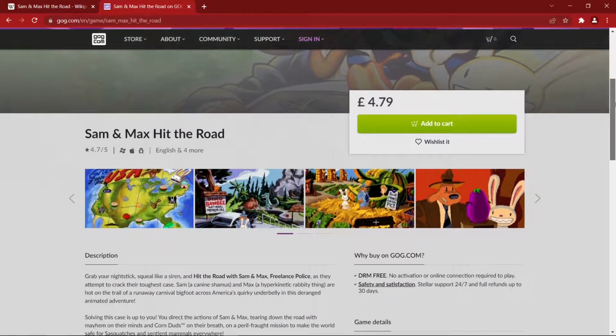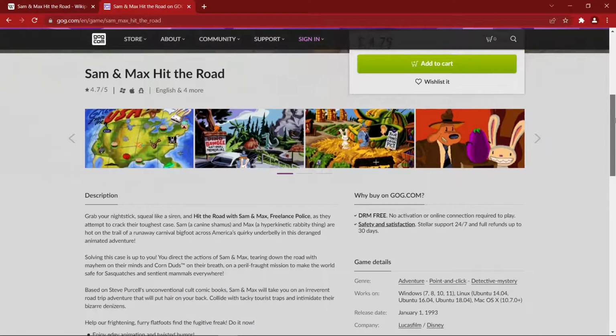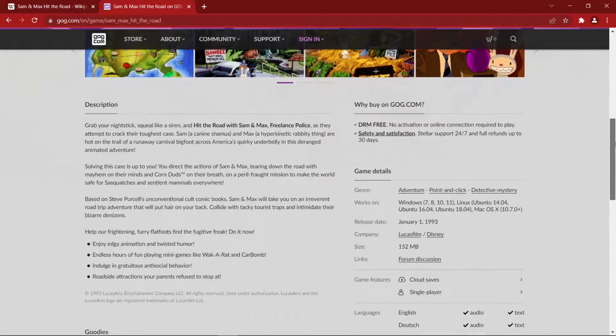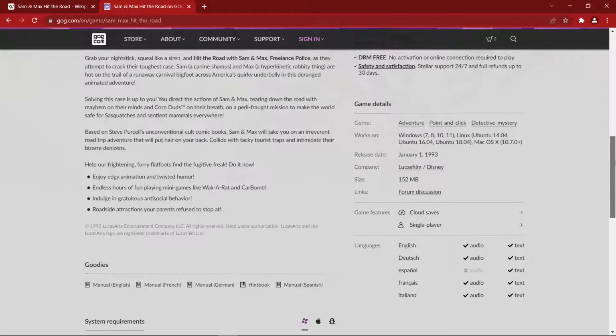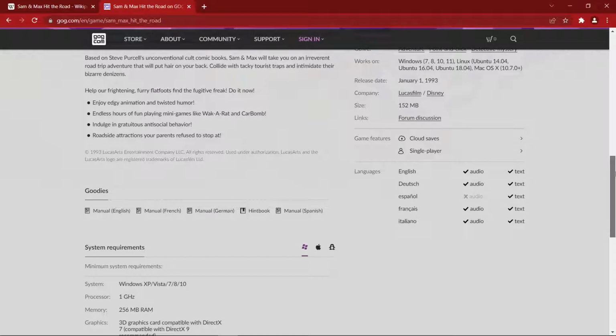And as you can see here, at the time of this video, it is £4.79, which is pretty cheap, to be honest. And also, there's no digital rights management attached to it, and they are a pretty legit gaming store. So all you have to do is buy the game, which of course works on Windows, it works on Linux, it works on Mac OS. And as you can see here, it's only 152 megs,